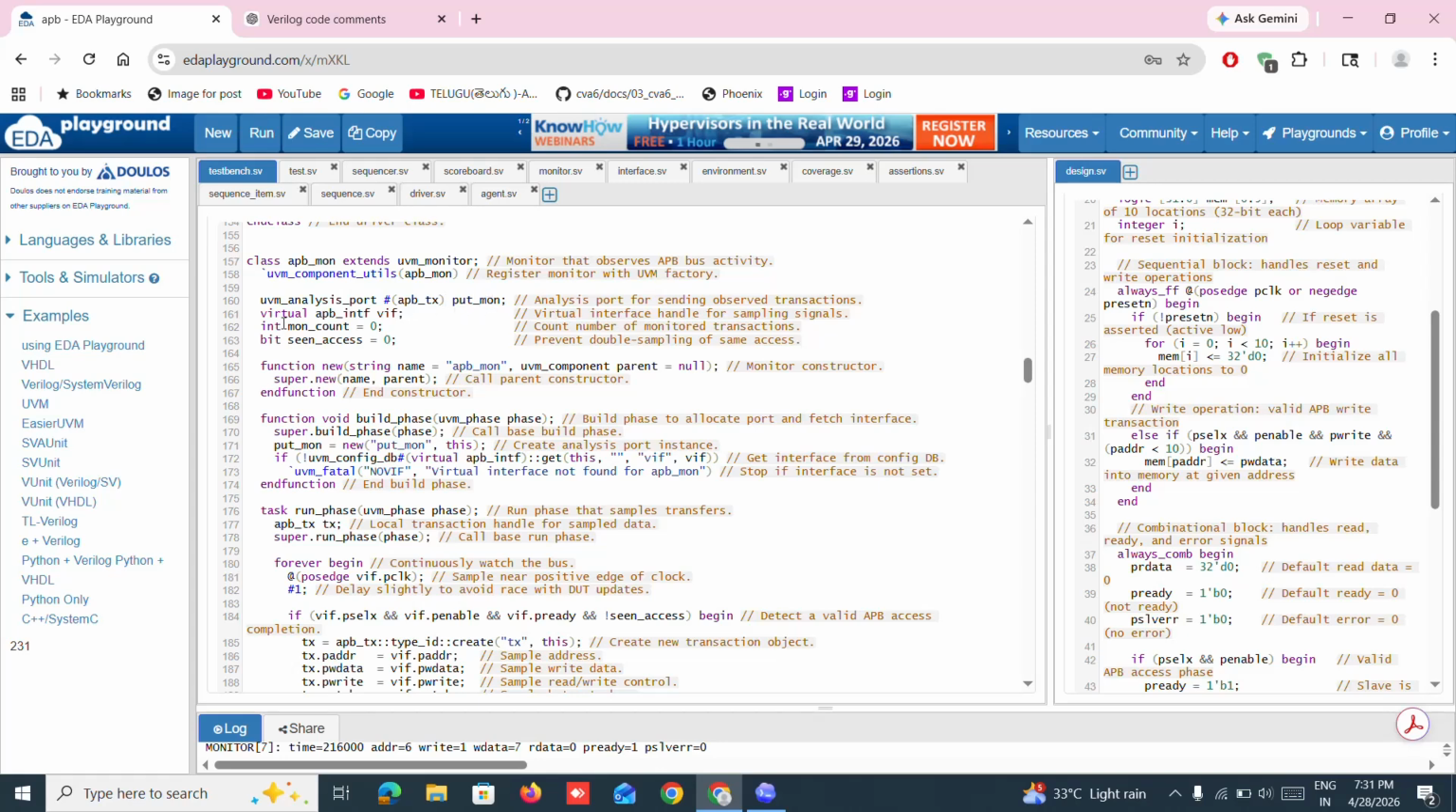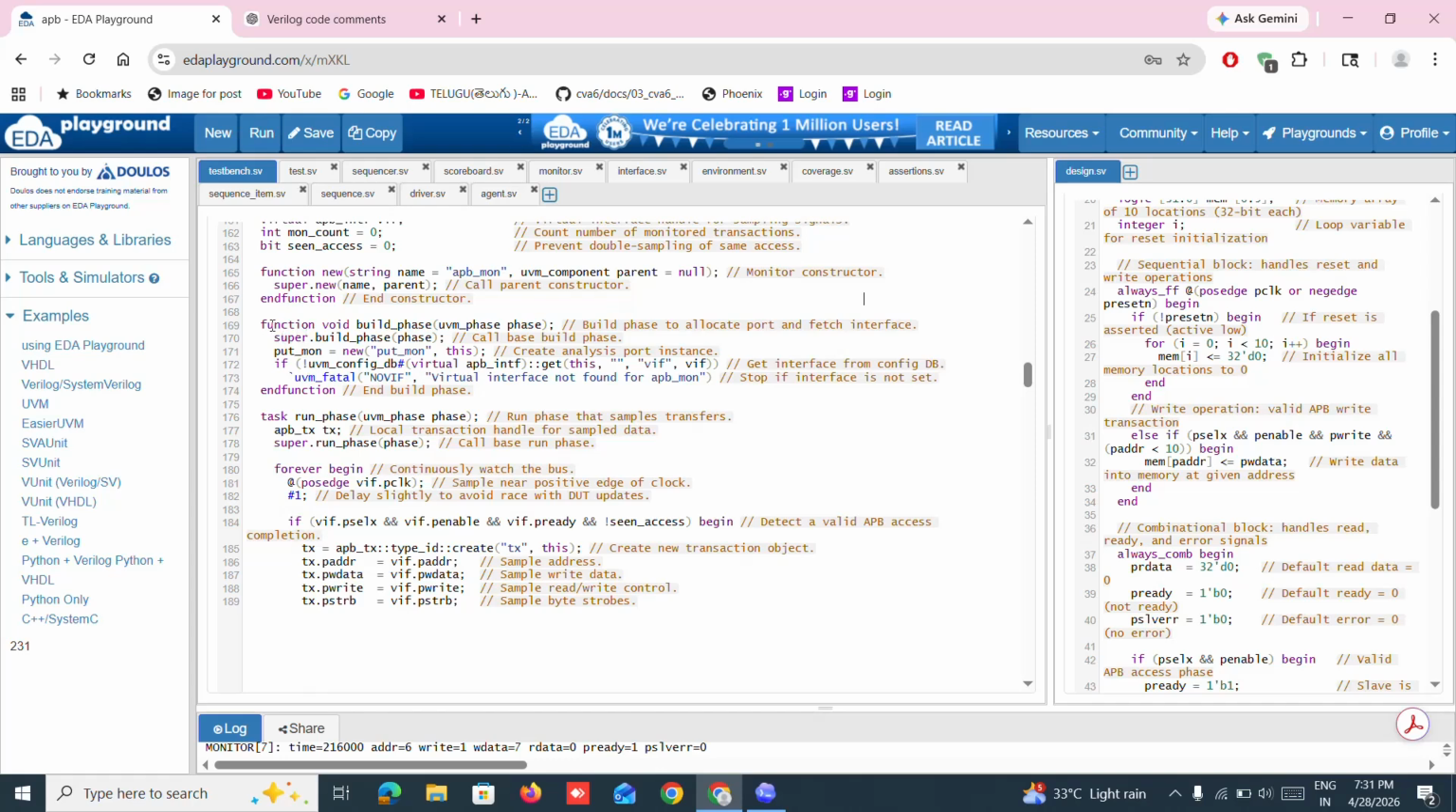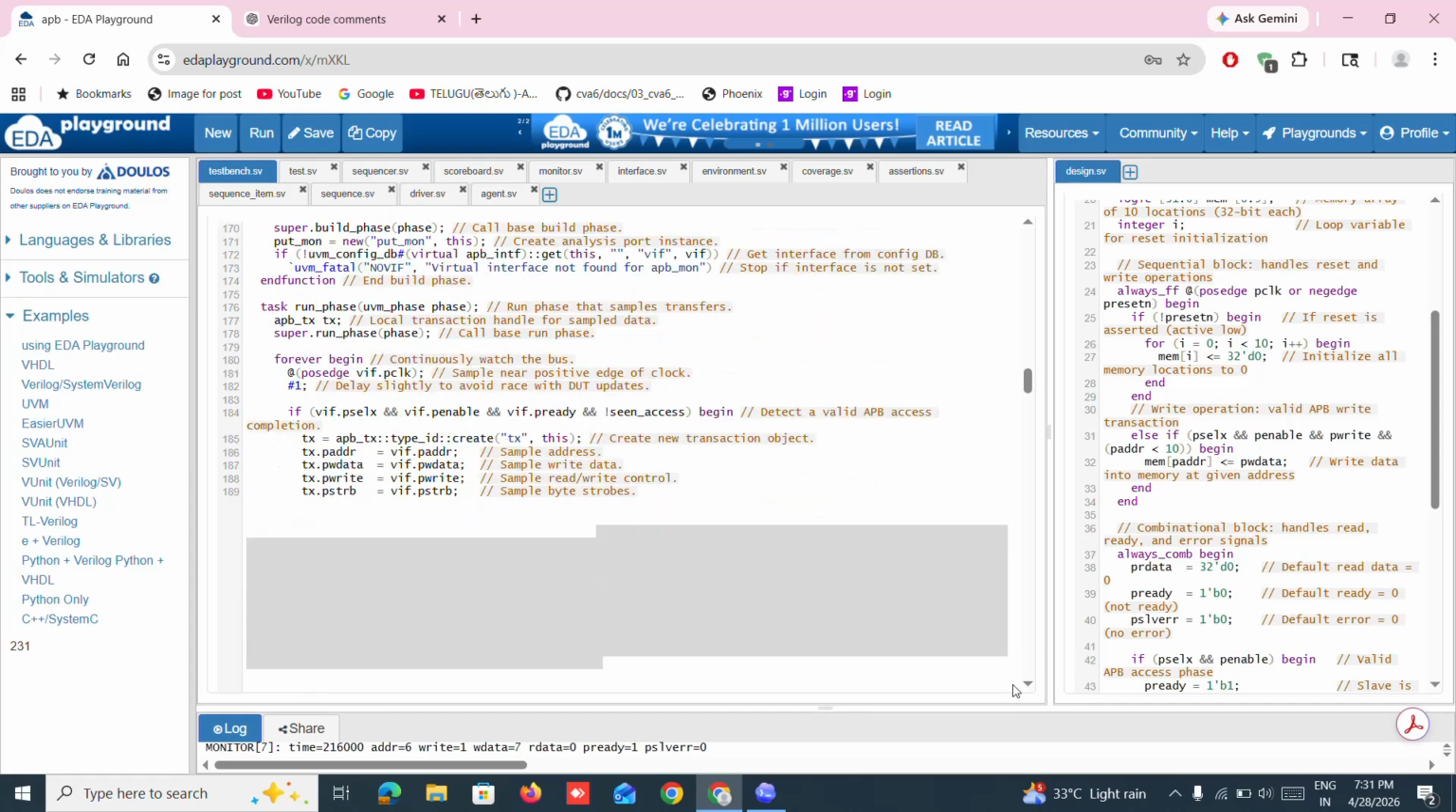Then the virtual interface I am taking. I am including how many counts it is doing: monitor count equal to 0, and seen access equal to 0 also. After that, the custom constructor, with just a class name and parent. After that, super.new calling the parent base class, and then function void build phase. In build phase, what I am doing here,